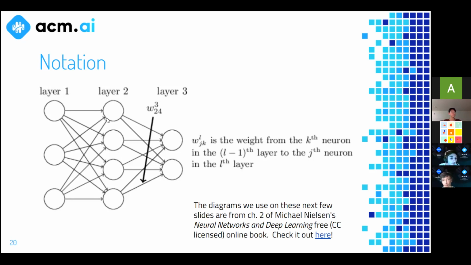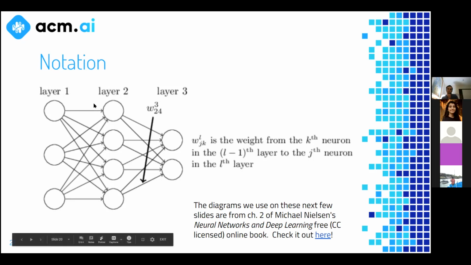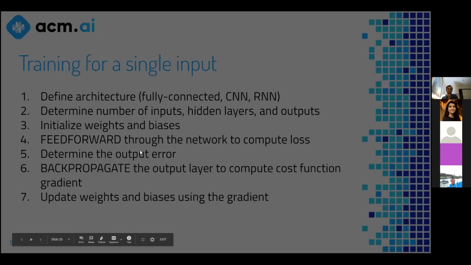So for example, if we're pretending that this layer 1 is an input layer, this layer 2 is a hidden layer, and this layer 3 is an output layer, then we've decided for this model that we're going to have 4 neurons in our hidden layer and that we're only going to have 1 hidden layer, right? But you could have also chosen to have 10 neurons in this layer. You could have chosen to have many hidden layers. You could have way more hidden layers than just this 1 hidden layer, but you decided that you only want 1.